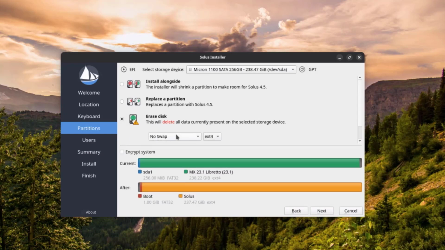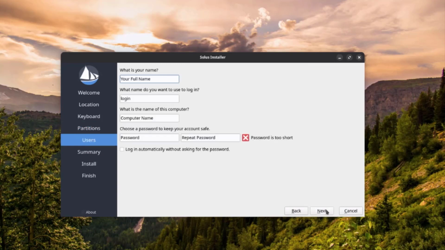So here it says no swap. There's a drop-down tab, and there are 3 options. Swap, no hibernate. Swap with hibernate. So I'm going to leave it as no swap. So this is the file system. There's a drop-down tab. There are 3 options. Ext4, there's BTRFS and F2FS. I'm going to leave it as ext4. Click next. So in the user section, you have to type a name and a login name, a computer name,